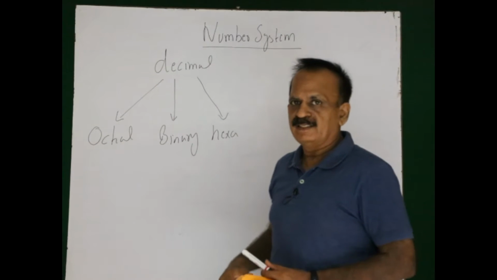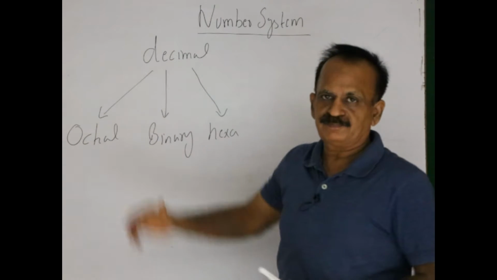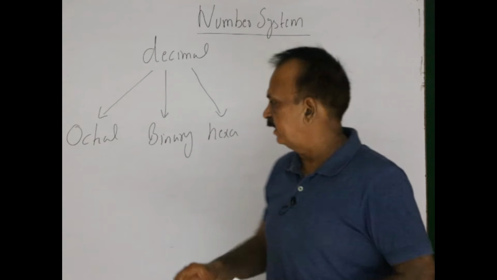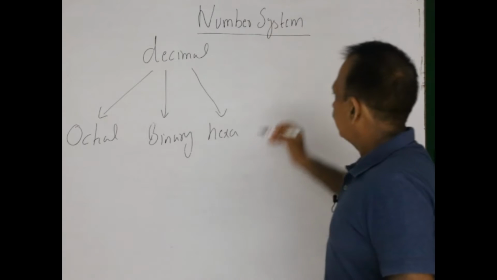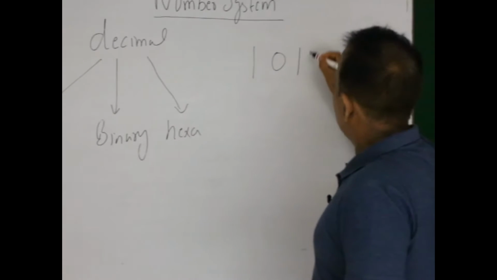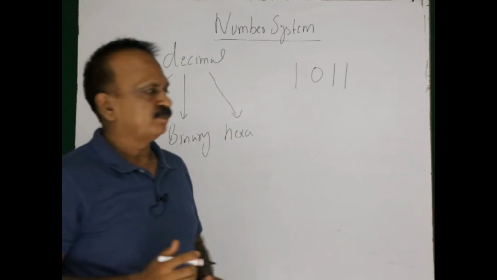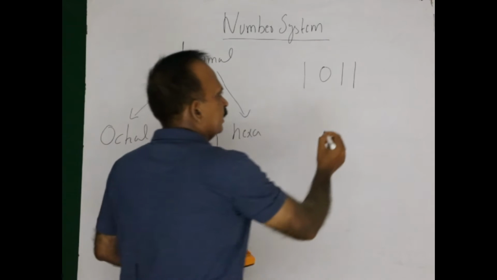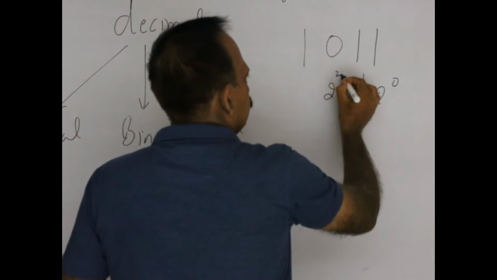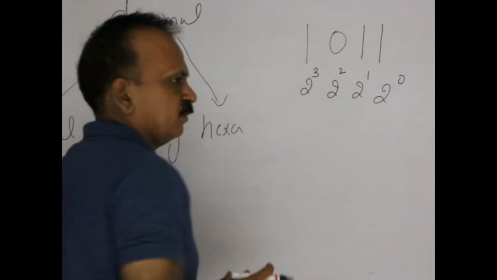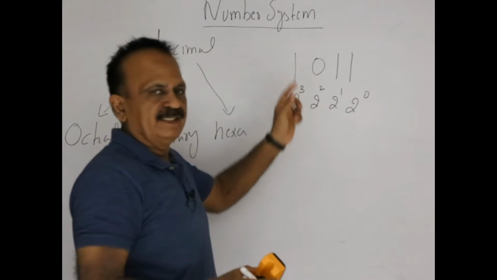Today we will be discussing the conversion from these number systems to decimal number system. So I will start with the first one, that is conversion of a binary number to decimal number. Let the given binary number be 1011. I want to convert this binary number to decimal. I will start with writing 2 raised to the power 0, 2 raised to the power 1, 2 raised to the power 2 and 2 raised to the power 3. Increasing powers of 2 I have given for these binary digits.